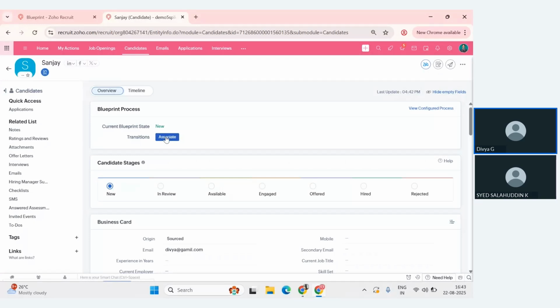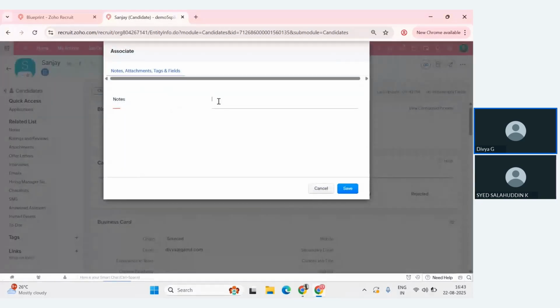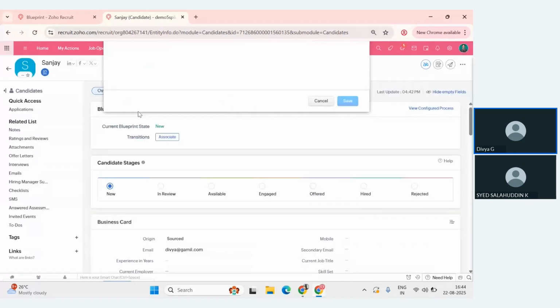I've selected a note as mandatory there. So I will give a note. You can also attach or tag. Once it is done,